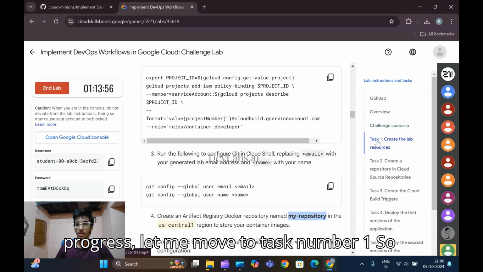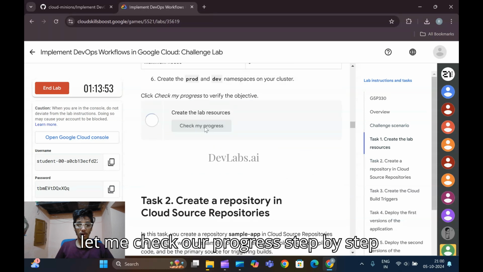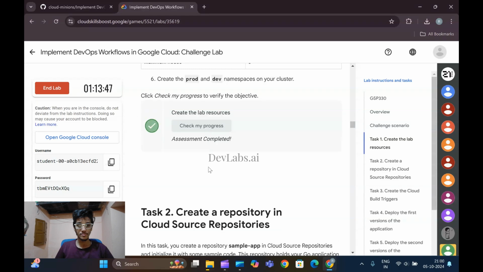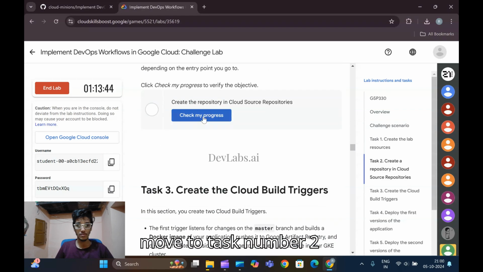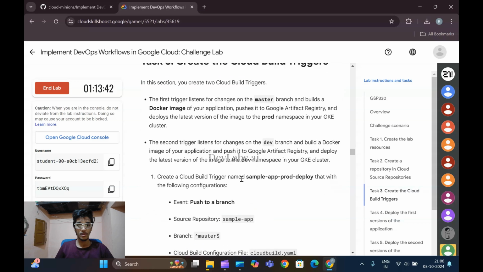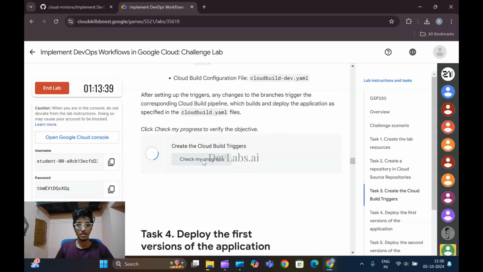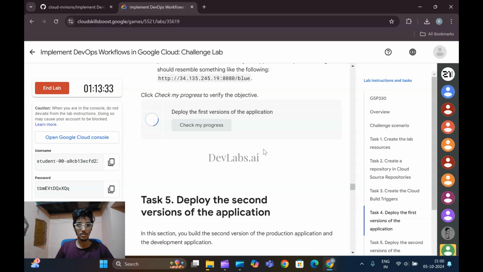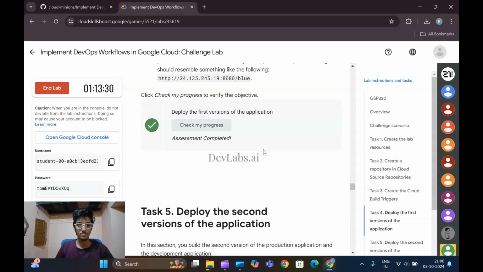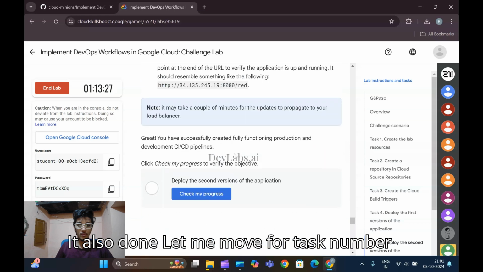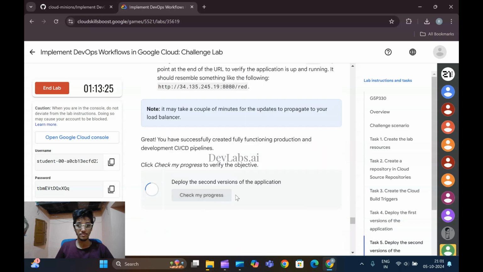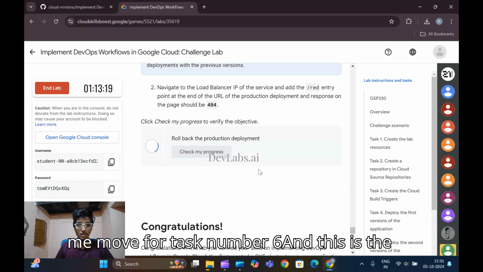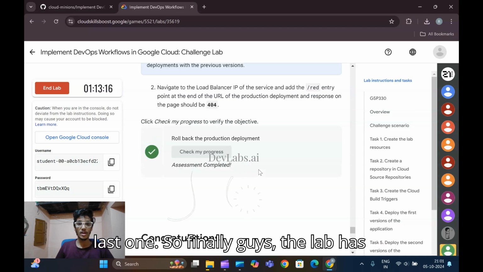But also let me check our progress. Let me move to task number one. So let me check our progress step by step. So task number one is complete. Let me move to task number two. Let me move to task number three. Our progress. Also, let me move to task number five. Finally, guys, lab has